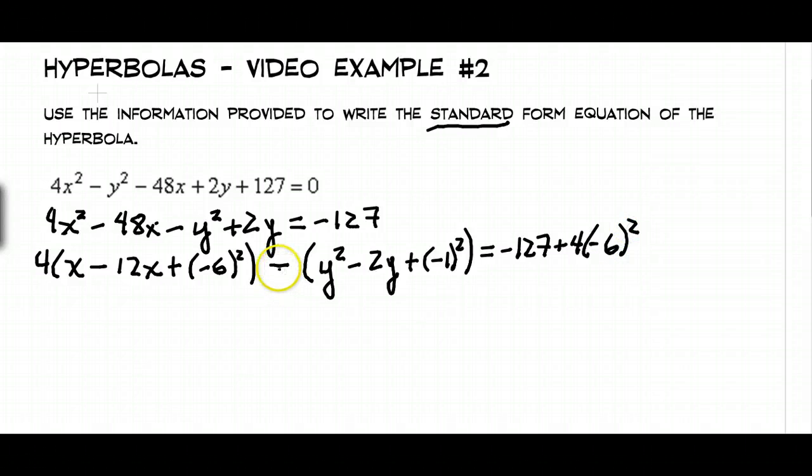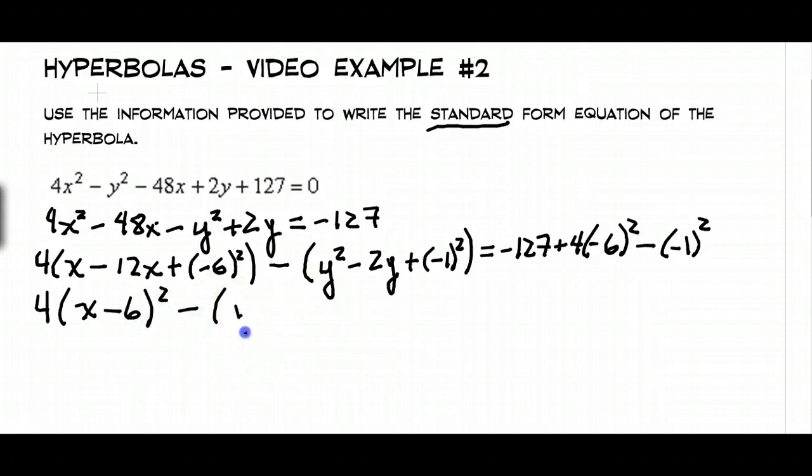And then we're subtracting, there's a minus over here, so minus negative 1 squared. And again, it doesn't matter that we have negatives inside these parentheses, because they're going to become positive when we square it anyway. Alright, so factoring this, we get 4 times x minus 6 squared minus, and then y